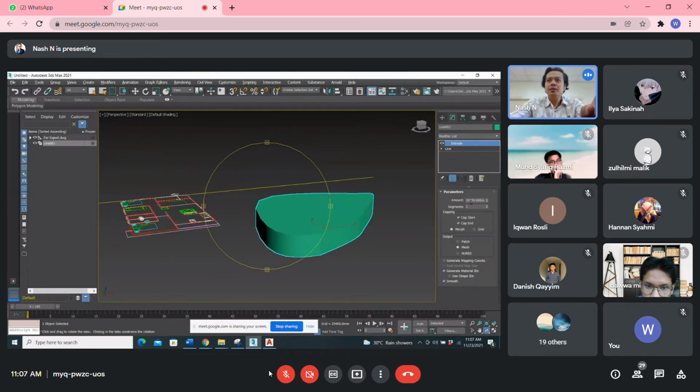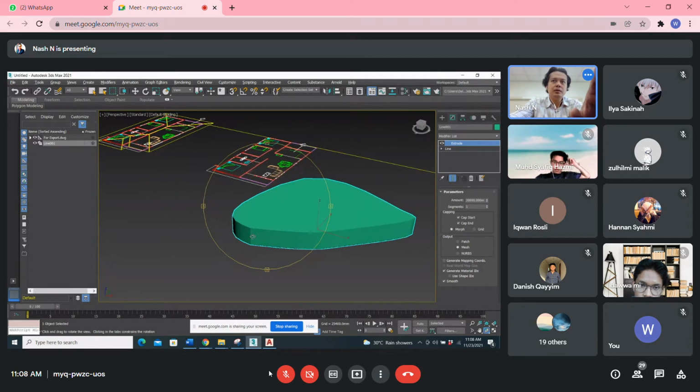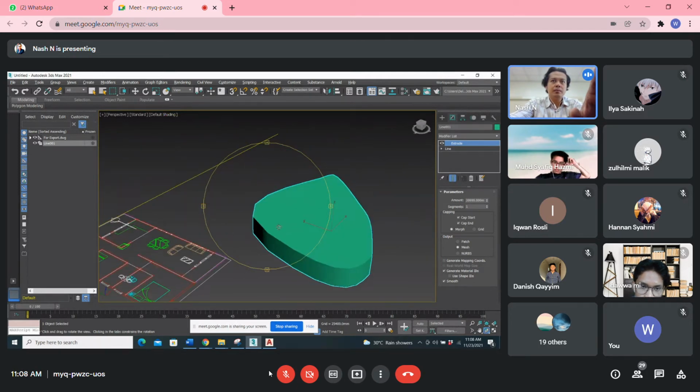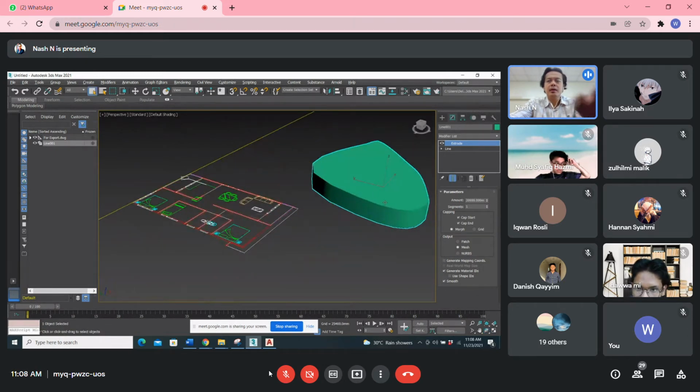Let's say you want to extrude it as 4,000, but it maybe only reads it as 400 mm. But if you want 4 meters, it means 40,000. Okay, it's okay. Try.